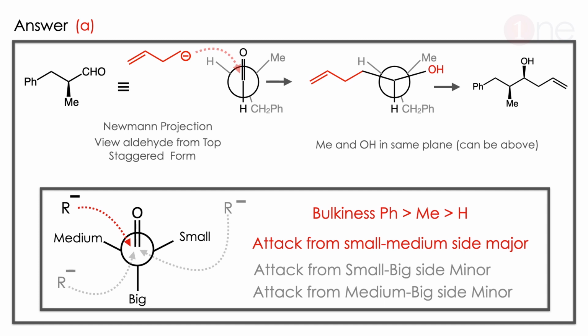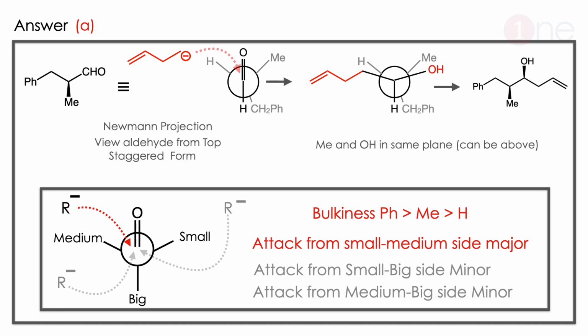The answer is A. Let us see how. The starting material you have to rewrite as the Newman projection, particularly in the staggered form. So the ketone group is above, and methyl, phenyl and hydrogen are below. So we rewrite it for our understanding. Then clearly the Grignard reagent, the anion, will attack the carbonyl on the less hindered side, and the alcohol will be formed.